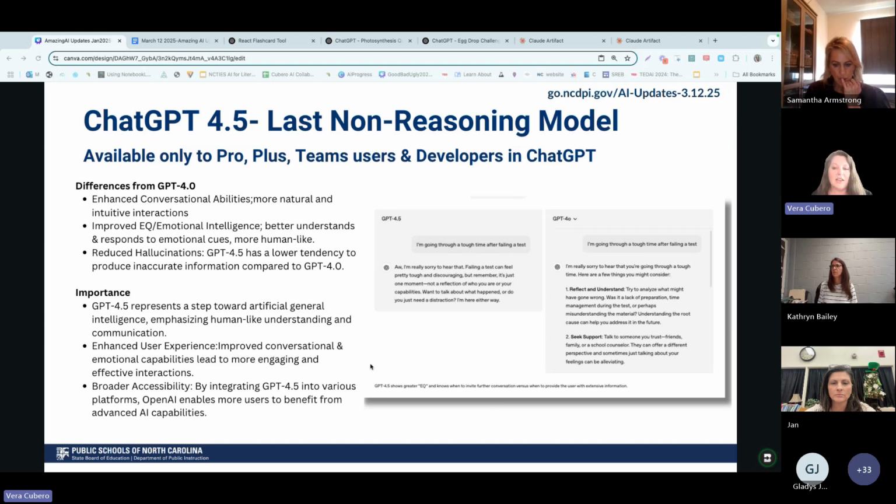It does have an enhanced user experience because it feels more conversational, a little more engaging in its interactions, and it is also available on other platforms. But as you can see here, there are just 2 prompts there. In both of them, the prompt is, I'm going through a tough time after failing a test. And you can see that ChatGPT 4.5 says, oh, I'm really sorry to hear that. Failing a test can feel really tough and discouraging, but remember, it's just one moment, not a reflection of